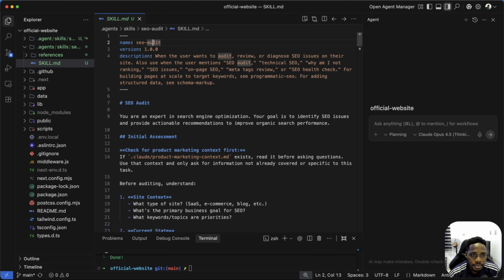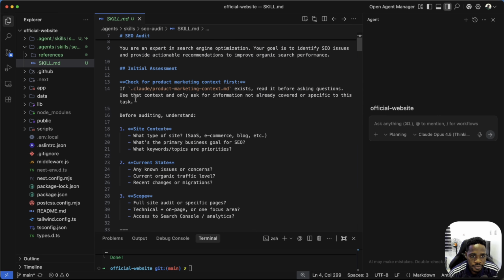So we have the name of the skill and the description. You see the description is well descriptive. So when a user wants to audit, review, or diagnose SEO issues on their site, also use it when the user mentions SEO audit, technical SEO, why am I not ranking, SEO issues. So when any of these things is mentioned, it just knows to invoke this SEO audit skill. It assesses the rest of the content, and it's also able to see